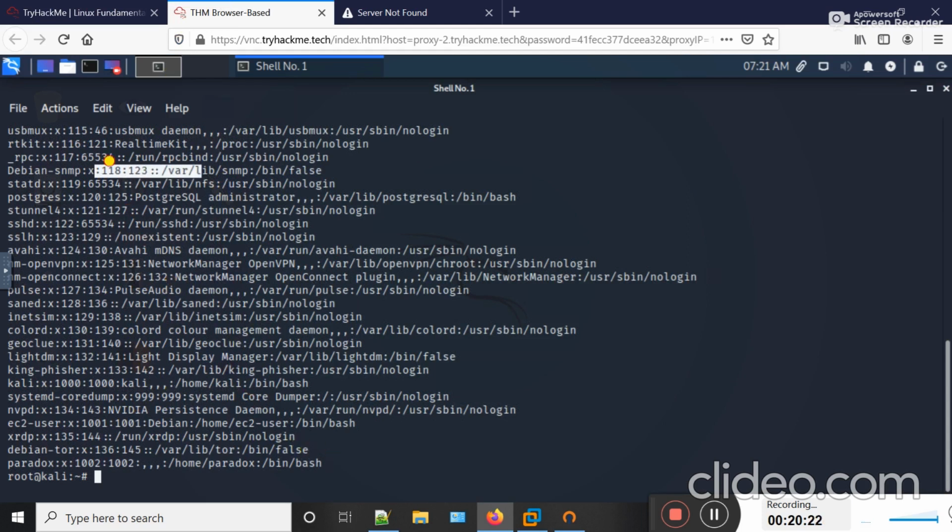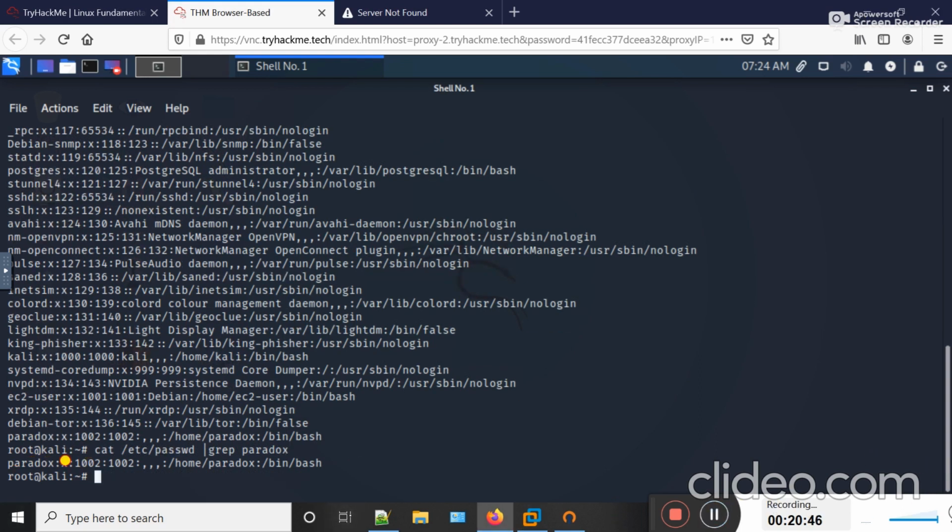Here you can see that all users are shown. Now if I want to show the detail of Paradox, I can use the command like this. This command will show all the detail about the Paradox user. If I hit enter, you can see the detail of this user.